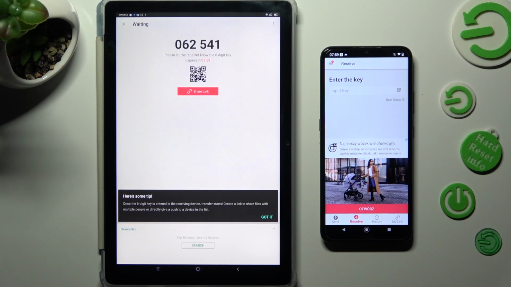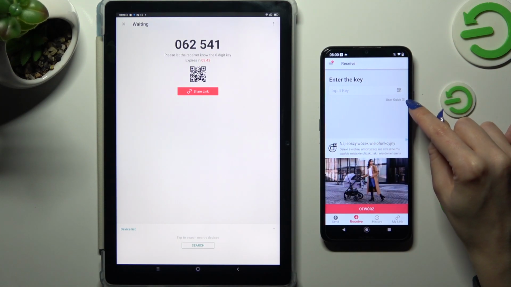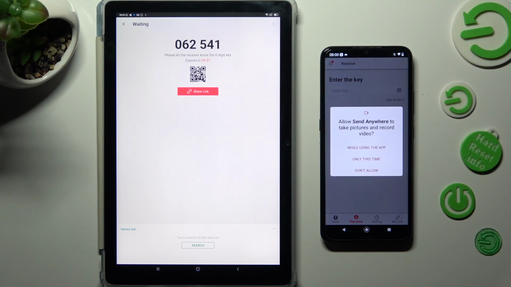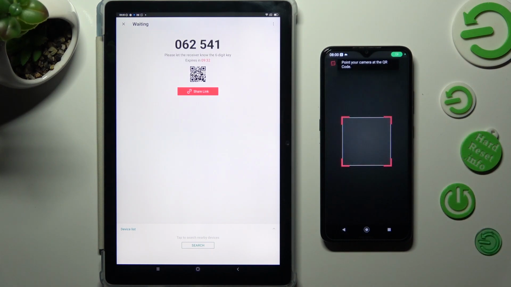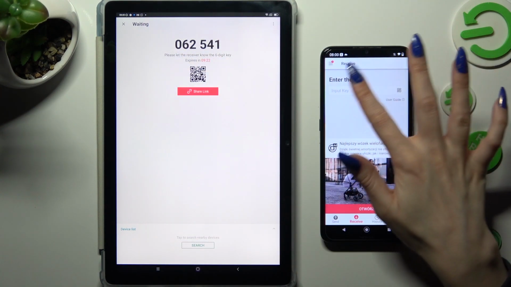Then tap on Got it in the Here's Some Tip pop-up and decide which connection way is better for you. If you want to connect using this QR code, tap on this scanning icon above User Guide on the Android. Then click on While Using or Only this time and point your Android's camera at the code. If you want to, you can also input this key in the Input Key section